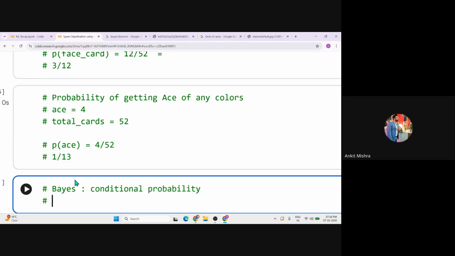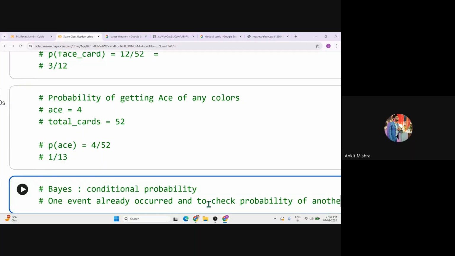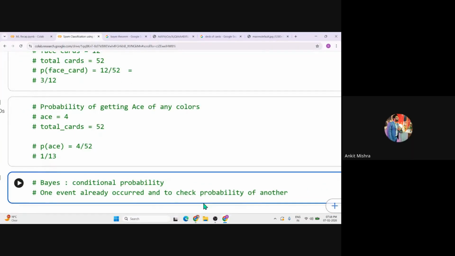Now, what is conditional probability? In conditional probability, one event has already happened, and you have to check the probability of another event based on the previous one.